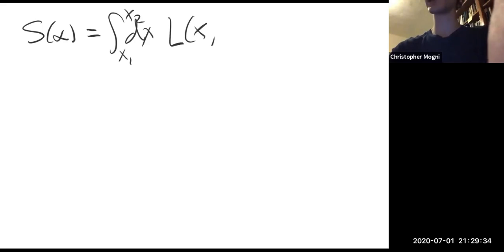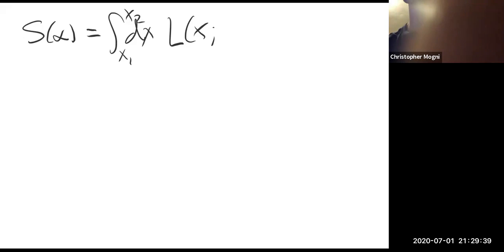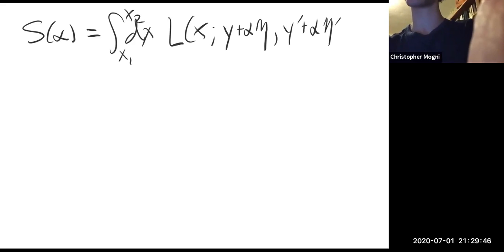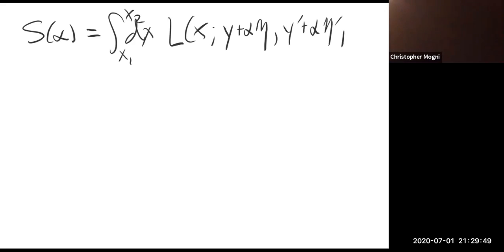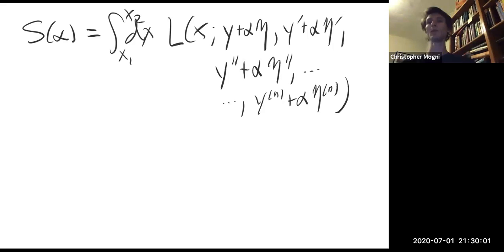L depends on x, which doesn't have any variation, right? Because that's just x, it's not the function. Then we have y plus alpha eta, y prime plus alpha eta prime. Again, alpha is a constant, so there's no derivative with respect to it. y double prime plus alpha eta double prime, dot dot dot, y^(n) plus alpha eta^(n). Cool. So to figure out when S is actually at an extremum, if we were to set its derivative with